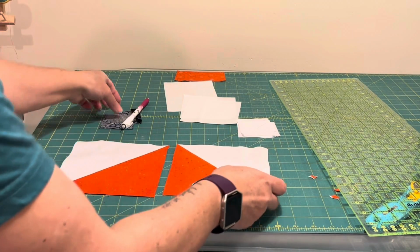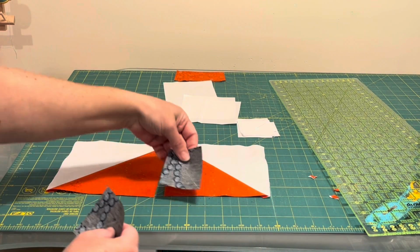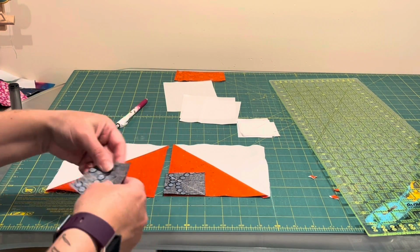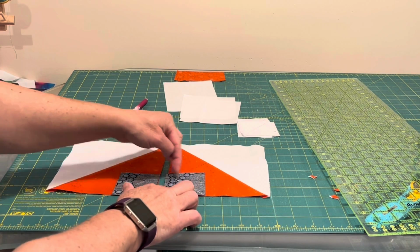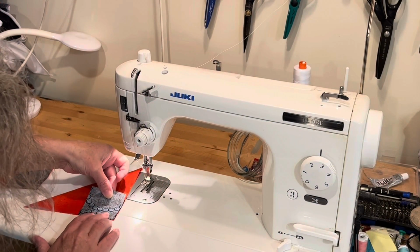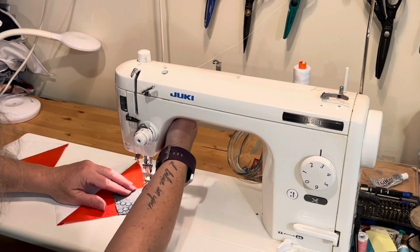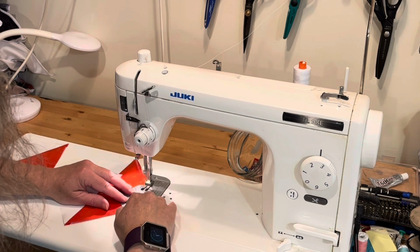Okay, so our pieces are going to be looking like that in the block to make the tent shape, and then we'll add these black corner squares down in the bottom corners. We'll sew right on that chalk line. So I'm sewing right down my chalk line,